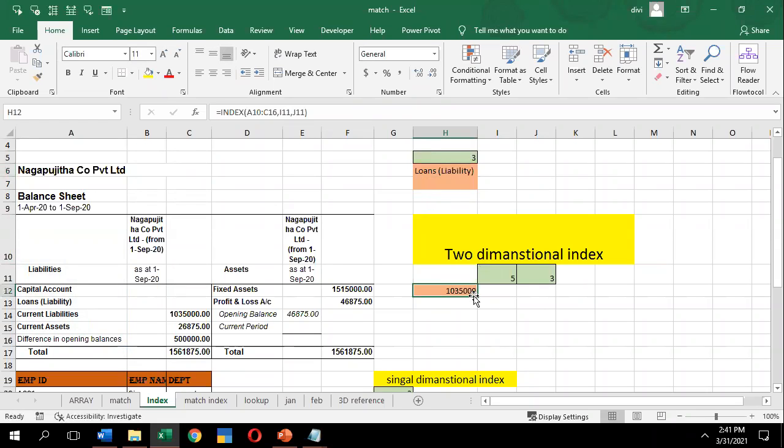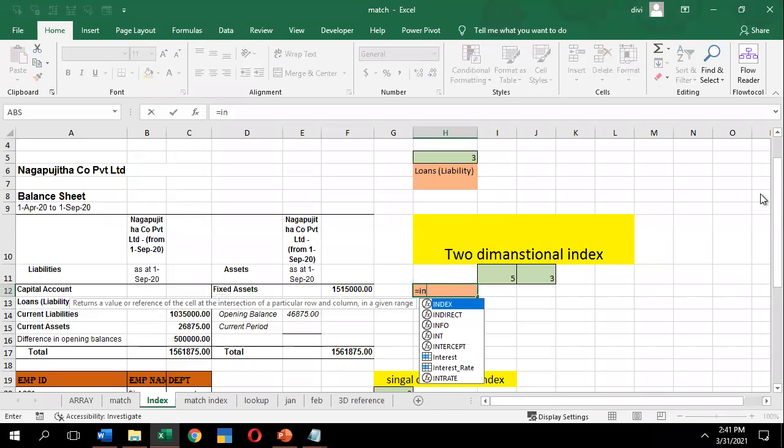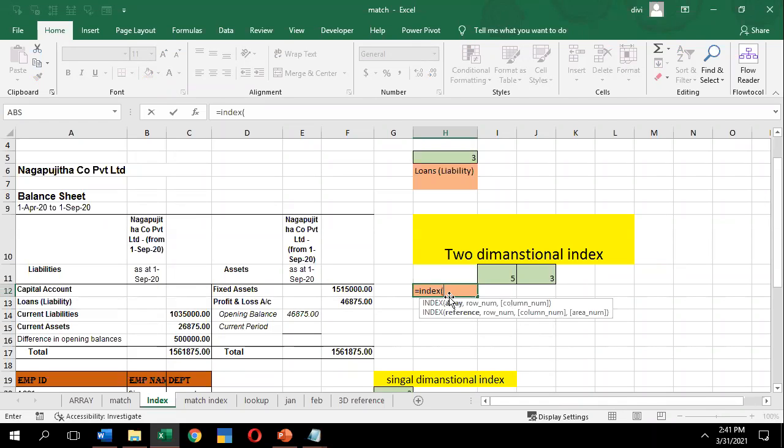That's single dimensional. If I go with multi-dimensional, I want the value of current asset. Current asset, I want a value of 26,000. How can I get it? I'll go here, INDEX, open the parenthesis, array is nothing but your data. I'll select from here to here, comma, row number. Which one do I want? Current asset.